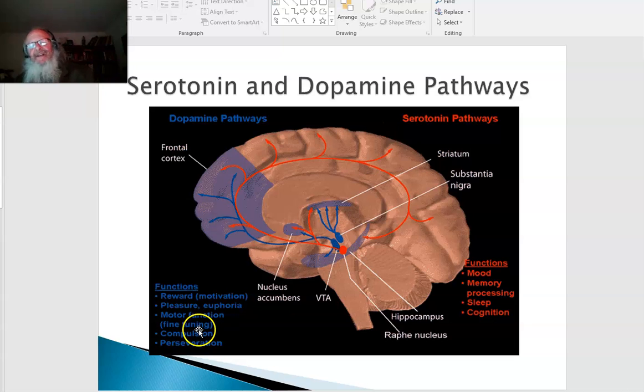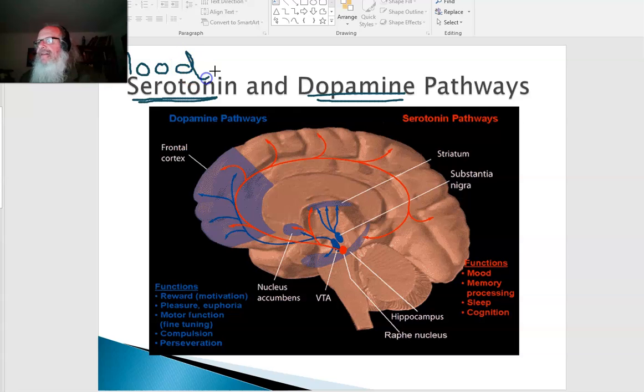So, for instance, here's an illustration that we'll get back to in a little bit. Here's an illustration that compares in the brain the differences and the overlaps between pathways that are tuned to two of our most important psychologically neurotransmitters, serotonin and dopamine. Again, this is a little bit of an oversimplification,